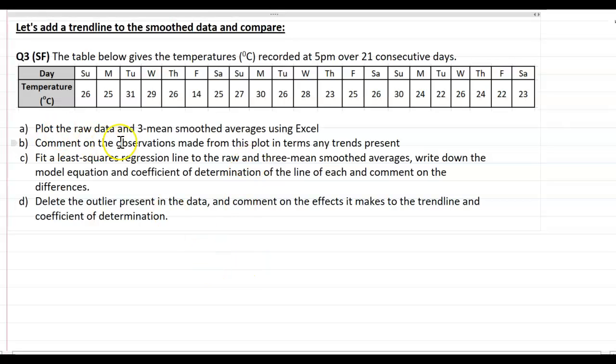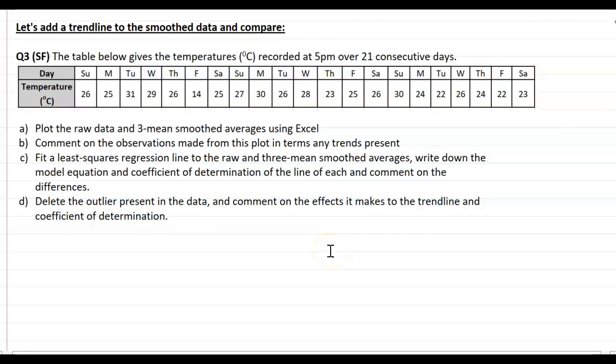And we're going to comment on the observations made from the plot in terms of any trends present. Fit a regression line to both the raw and the smoothed. And we're just going to look at the differences between the two. And then we're going to play around with deleting the outlier and seeing how it affects the trend line and